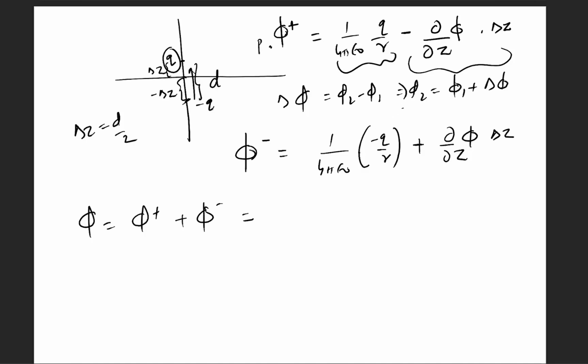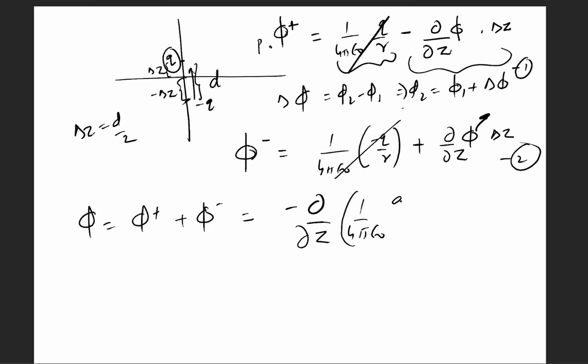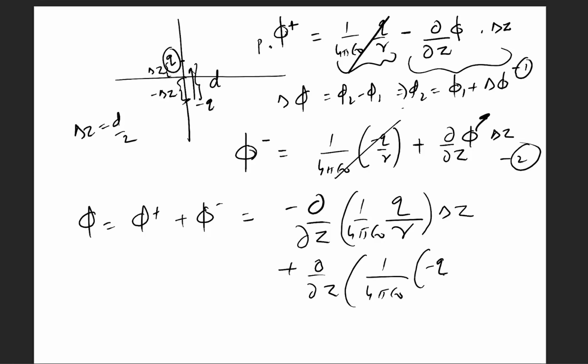So by adding this equation 1 and this equation 2, this thing will get cancelled out, and for phi I will put the value minus dou by dou z of 1 by 4 pi epsilon naught q by r delta z plus dou by dou z of 1 by 4 pi epsilon naught minus q by r